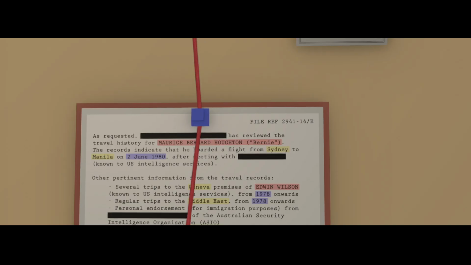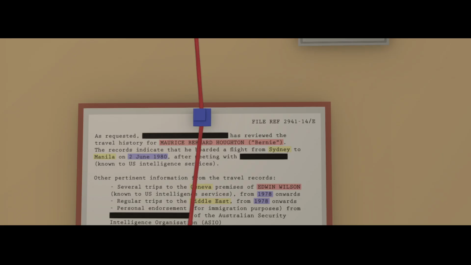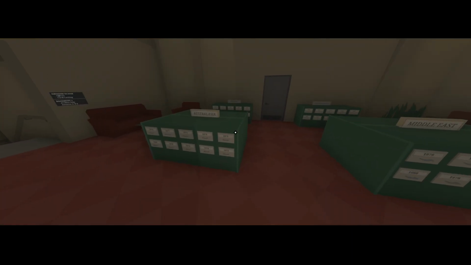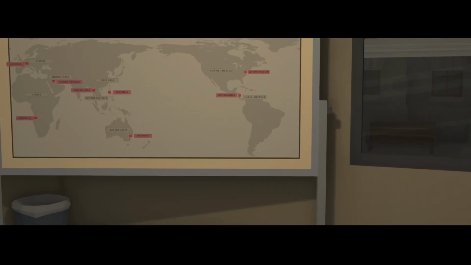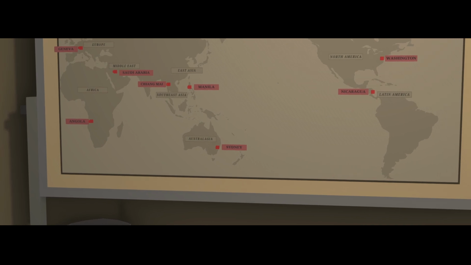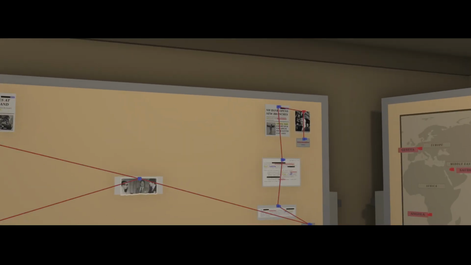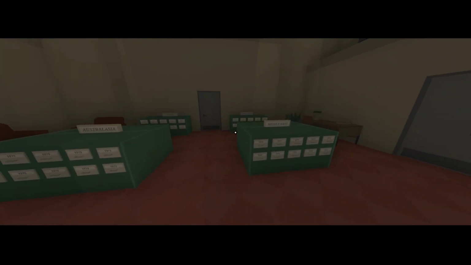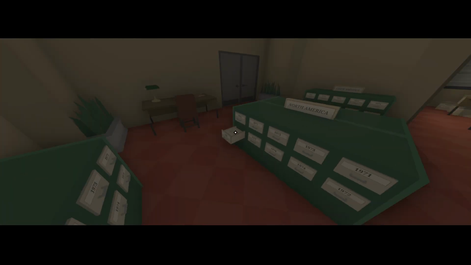Sydney to Manila. 2nd of June 1980. Sydney to Manila. Where's Manila? Manila is East Asia maybe? And that was 2nd of June 1980. We're gonna go East Asia.